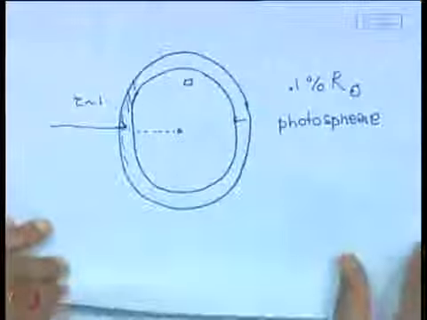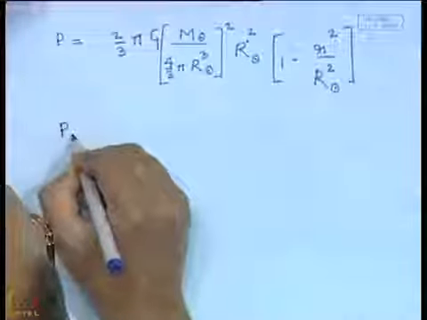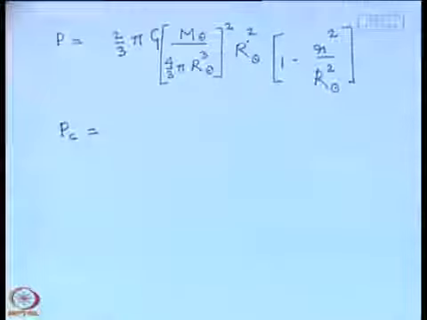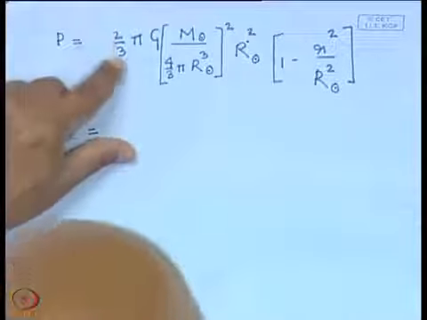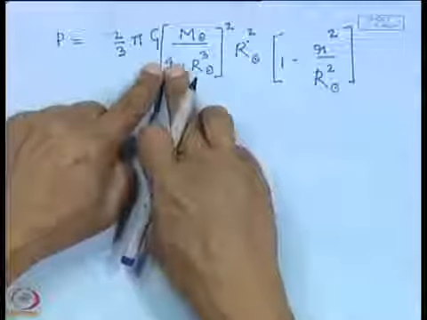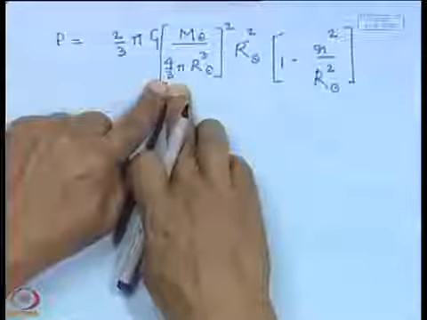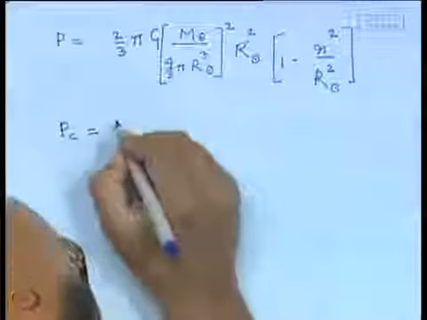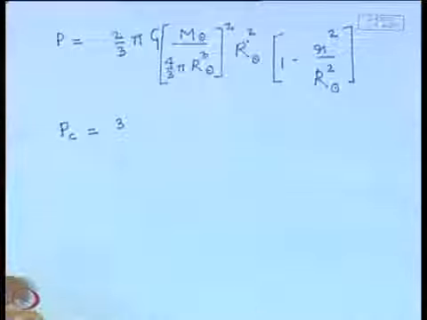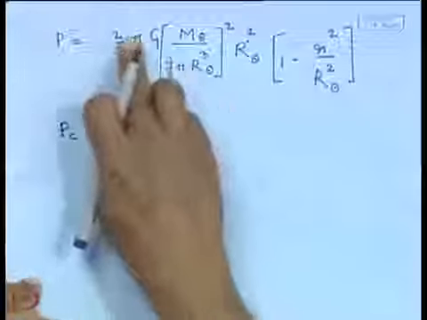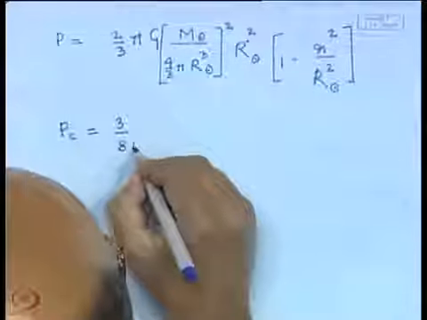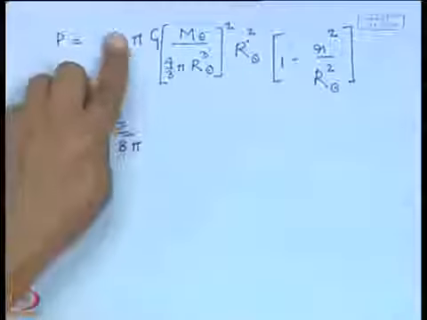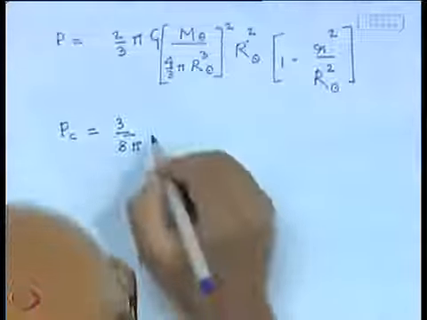Okay. So, the pressure at the center, at the core of the sun, according to this, then has a value. Let us see how much it comes out to be. So, you have 2/3 here, and in the denominator you have 16 by 9. So, a factor of 3 remains in the numerator, and here you have 16 and here you have 2. So, a factor of 8 remains here, and you have a factor of pi also in the denominator. So, that takes care of all the numerical coefficients, and then we have G